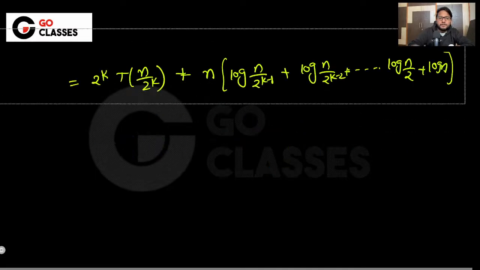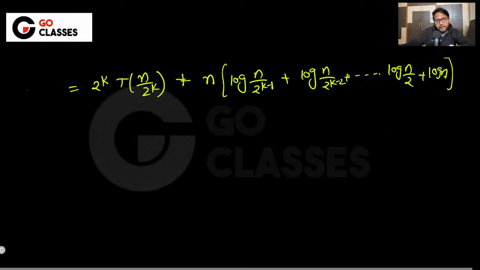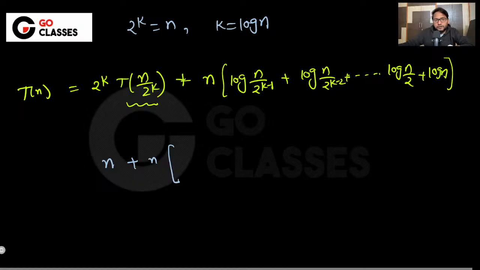See, this particular thing can be solved like this. This is T(n), right? Now I'm assuming that this is 1, which means k is log n, or 2 power k is n. This is my assumption. So it is n into T(1), which is 1, plus there is some term which is n into this thing. So if 2 power k is n, then this will be n by 2, right? This term is n by 2. So log of n by 2 plus this will be n by 2 square, log of n by 2 square, and then,